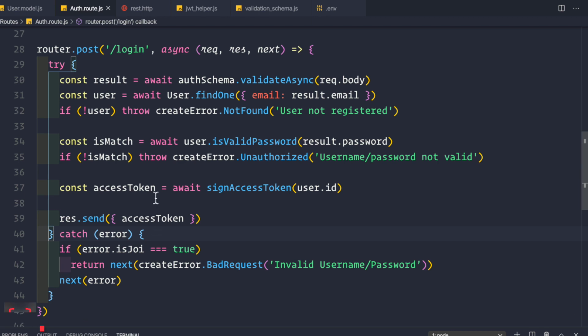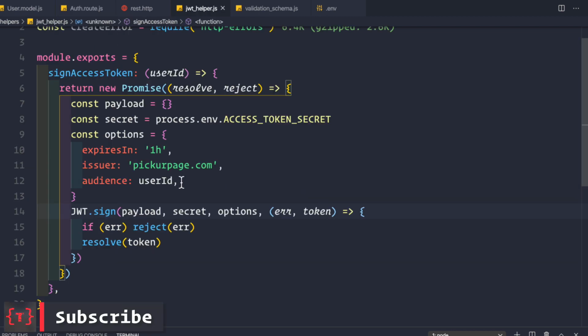And now there is a single error inside our JWT helper, and that is whenever we are trying to sign a new JWT token, that is the access token, it might be a case that there is an error while generating the JWT, and that error you should not pass to the client, because the client has nothing to do with that. That is your internal server error. That is a fault of yours and not the fault of the client. So you do not have to pass that error back to the client, but instead you should simply pass an internal server error back to the client, and you should only log the error for your own purposes. And here we see that we are simply rejecting the error here.